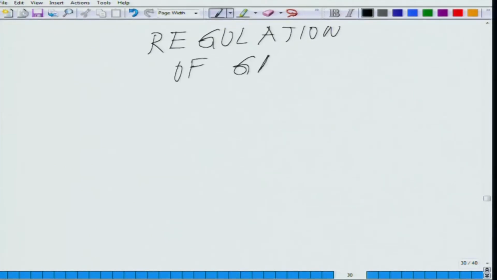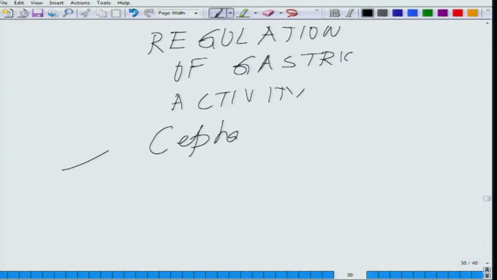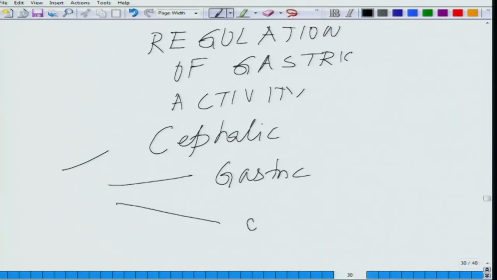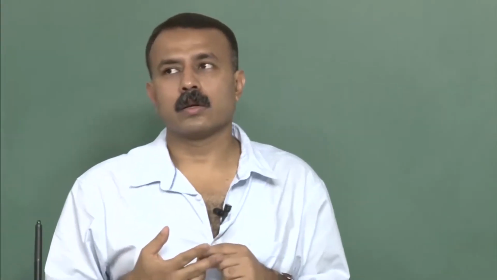Regulation of gastric activity. I was telling you there are three phases by which it is being regulated: cephalic phase, gastric phase, and intestinal phase. So, what is the cephalic phase? It is very interesting that all this secretion process, if we talk about the cephalic phase, starts much before the